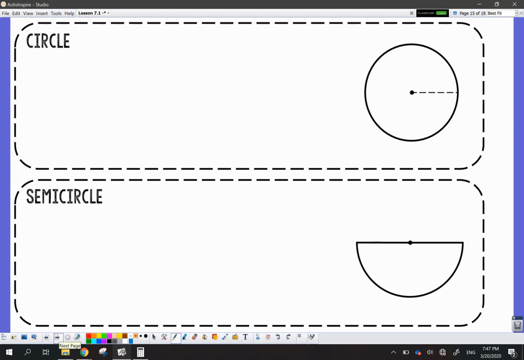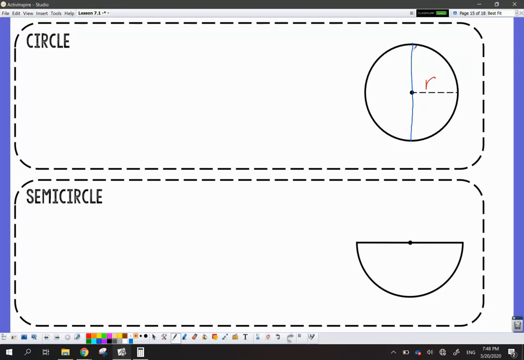These are the last two shapes that we're going to talk about here. So the circle and the semicircle. Now, a long time ago, we probably did the area of a circle. All we really need to know for the area of a circle is the radius. But I want you to remember, though, that if we're given the diameter instead,